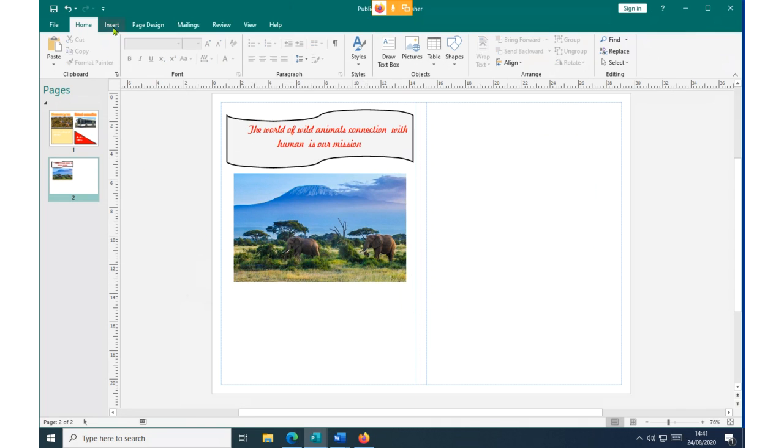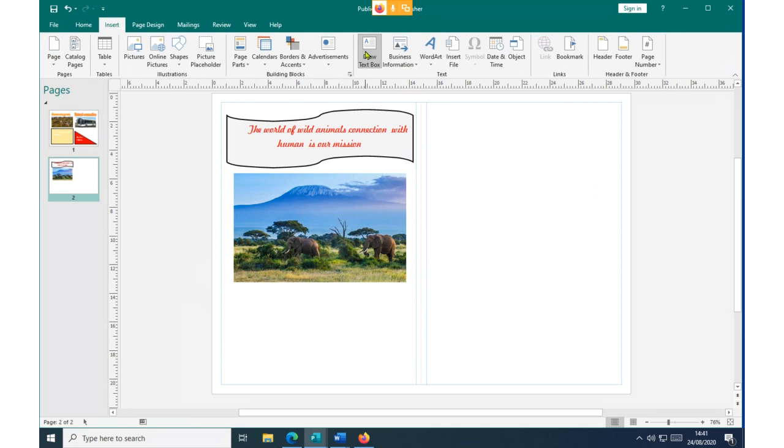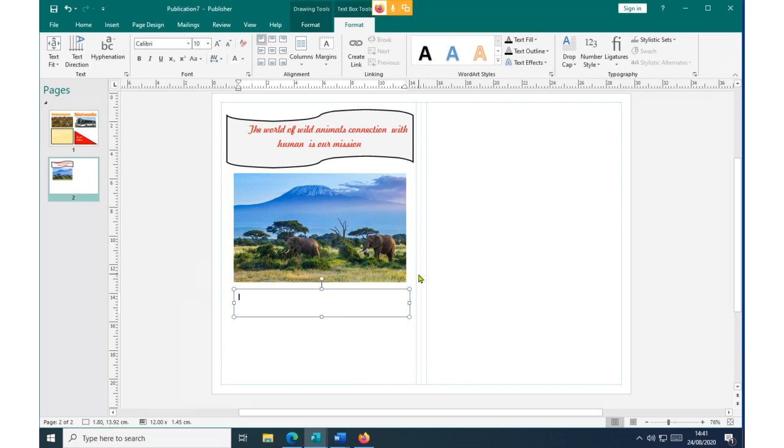Again, we click on the Insert command, draw another text box, put a very small text box here, and then we say something, like we drive you through to your destination.